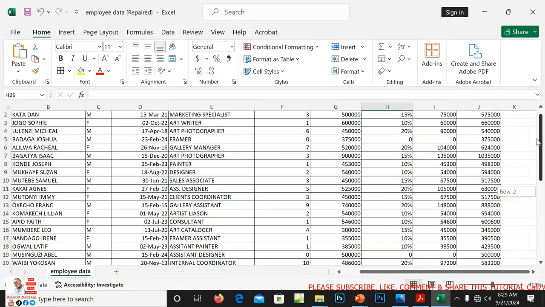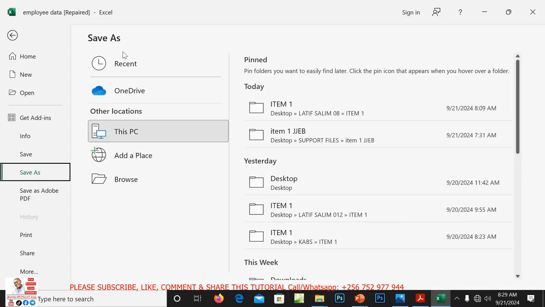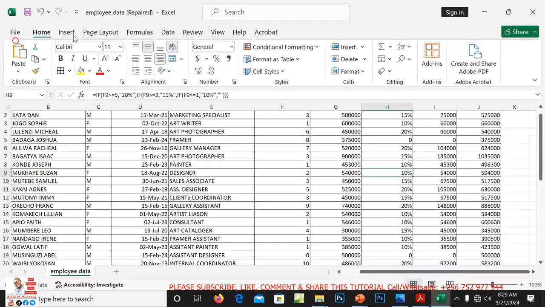So this is okay, members. All I will do is to save this now. Instead of calling it employee data, we can maintain the name, no problem. Just save this. Save.